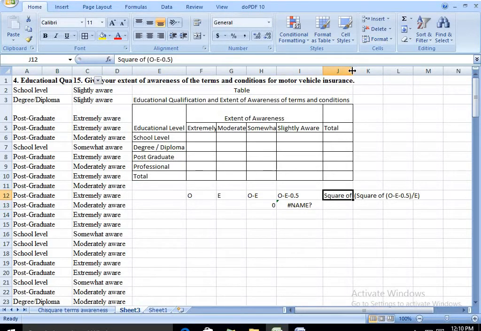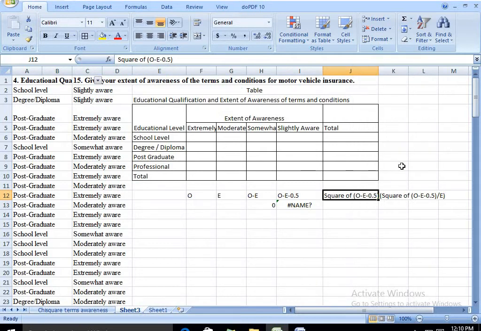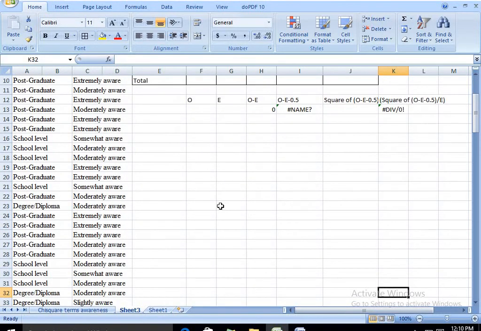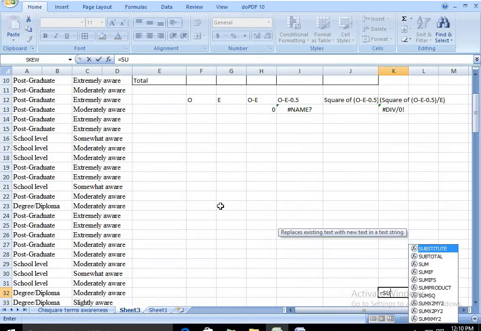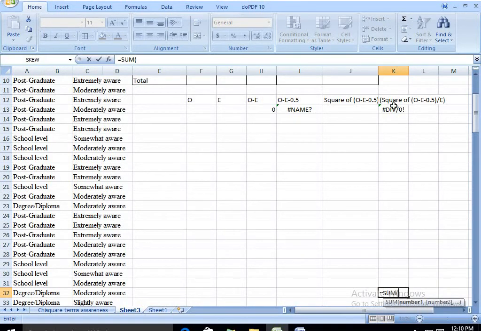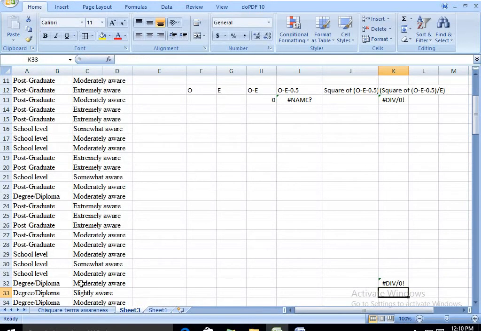This is how you do it manually. Then you will find out the squared value divided by E. That will be equal to this formula divided by this formula. So in this form you can have some 6 columns and do the calculation and find out the sigma value for this. From this value to the last value you will be adding, and you will be getting your chi-squared value.